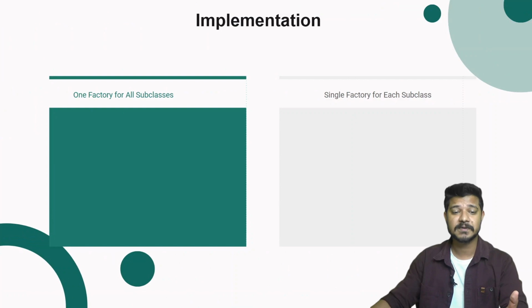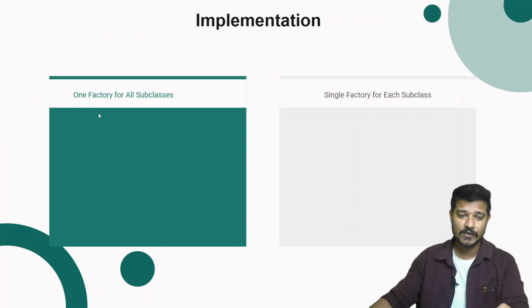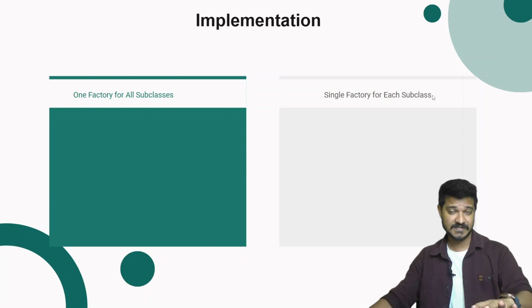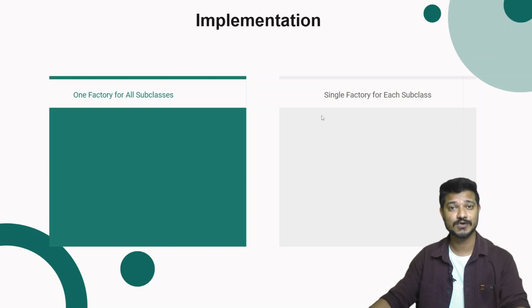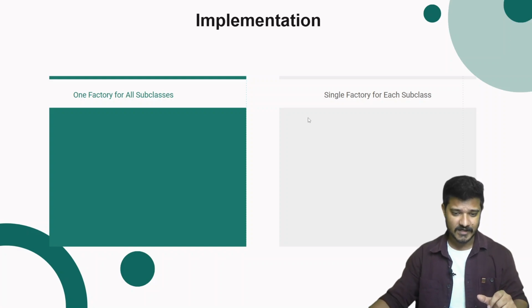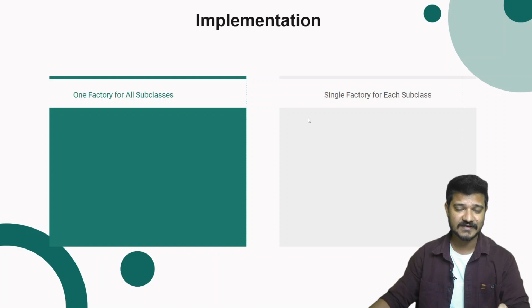Now let's talk about the implementation. We are going to implement it in two different ways: one factory class for all subclasses, and another, a single factory class for each subclass. I'll explain this in a moment when I show you the code. Let me show you the code itself, and while implementing I'll explain this one, which is easy to implement, but as your code grows,